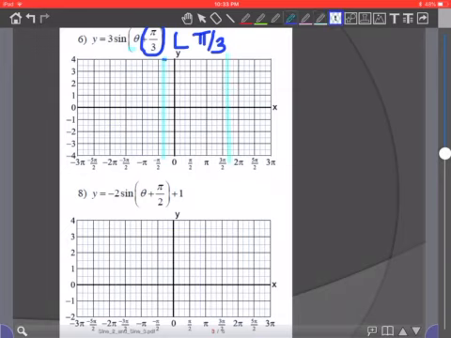Okay. If you want to work it out mathematically, you have negative pi over 3 because that's where it's starting. My period is still 2 pi, which will give you 5 pi over 3. So my graph should end at 5 pi over 3. Now be careful. This graph has an amplitude of 3. So that means we are going to go up to 3